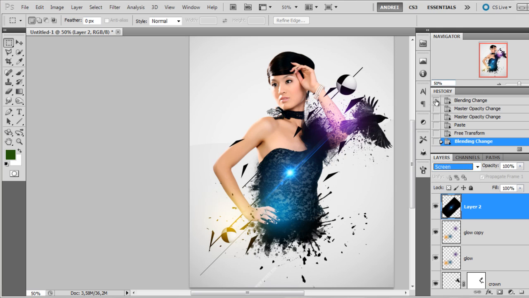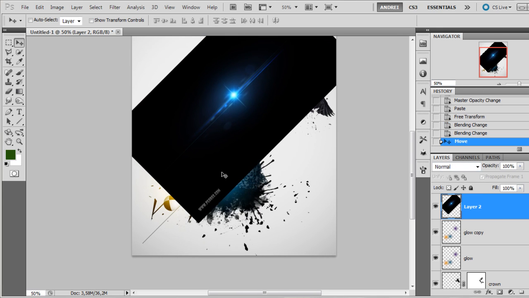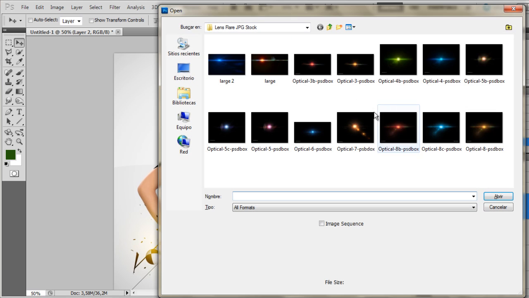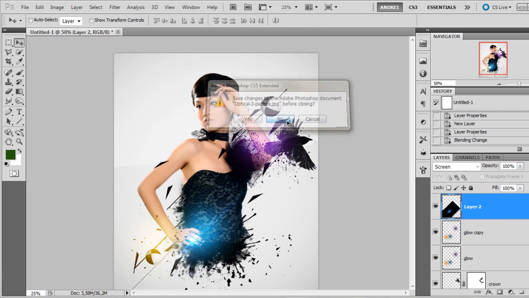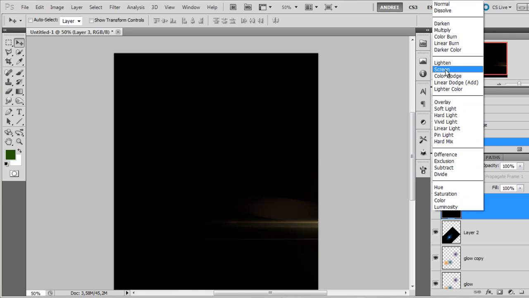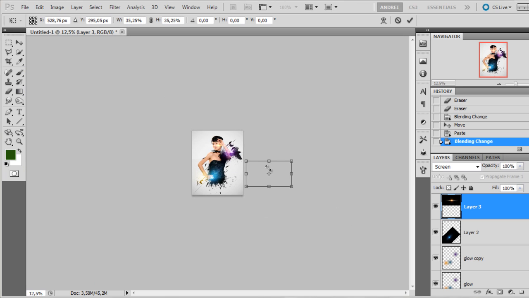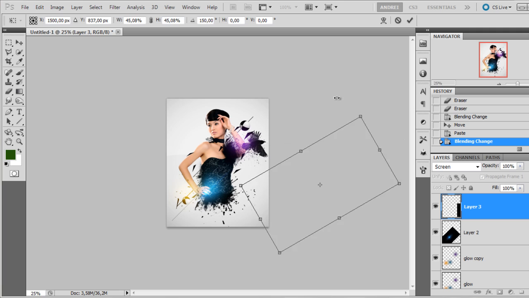Change the blend mode to screen. First, make sure you get rid of the credits, and this is just for people that don't give me credit and just redistribute my freebies without my permission. So I'll switch the blend mode to screen and place this wherever you want, and then you can use another one, for example this one. Switch to screen, make it smaller, and rotate it